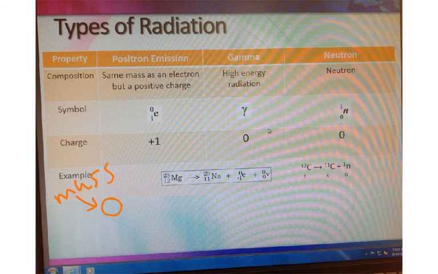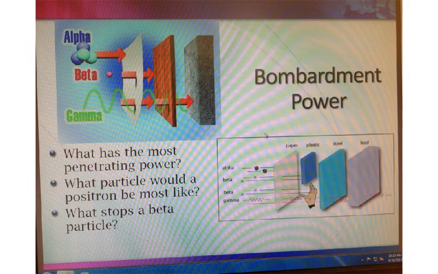Exact same thing as when you're talking about an atomic symbol. This one down here represents the charge. This is the difference. Instead of the number of protons, it's the charge, and then this is just the normal symbol. Sorry, my handwriting's so bad. Okay, this is a very important graph or chart that you want to look at and be able to